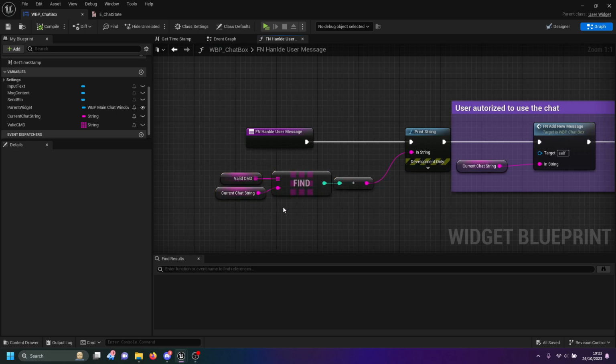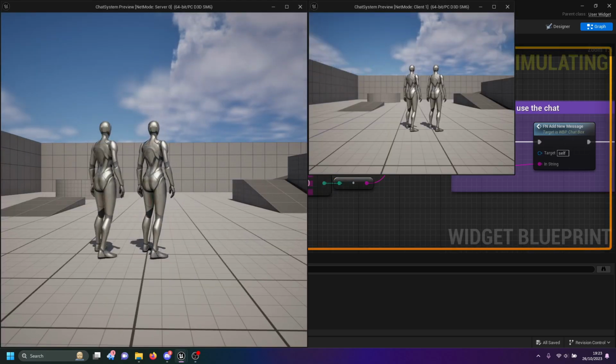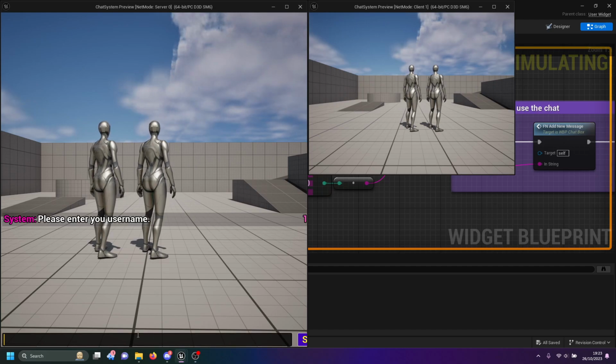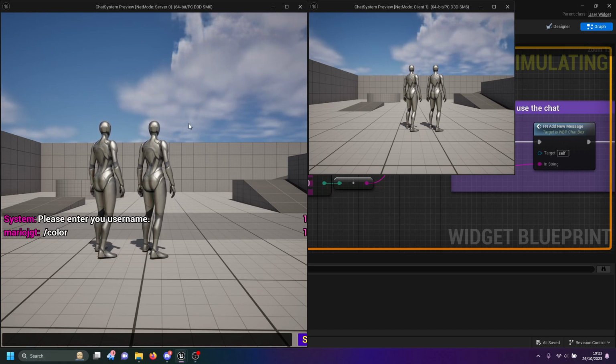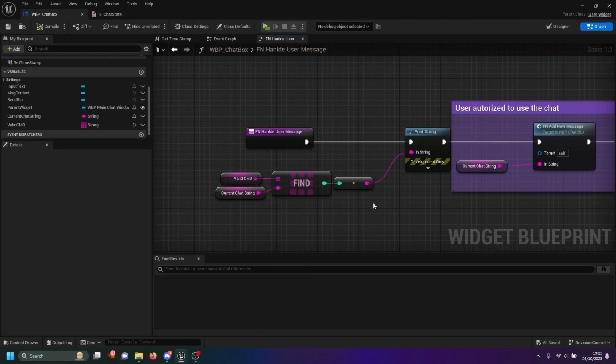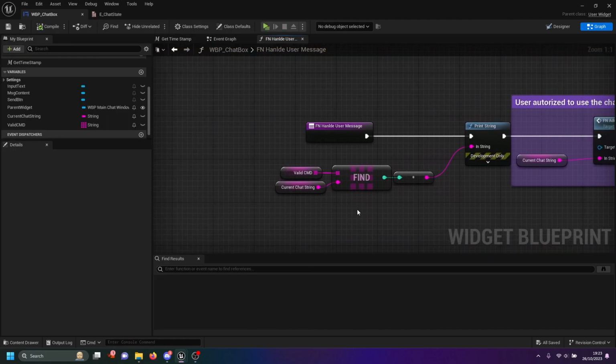So if you guys have been following the series, if I say my username, and now I try to run a command, color, this thing returns 0. And that's really good for us because we can now get the ID or the key of the array and do something with it, right? So what we can do here is